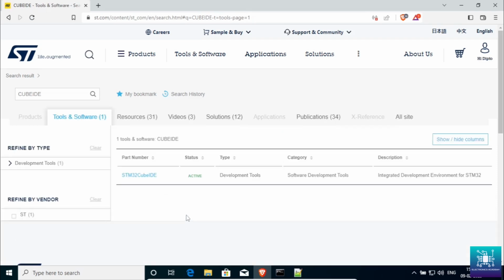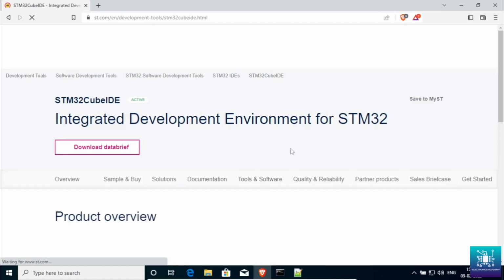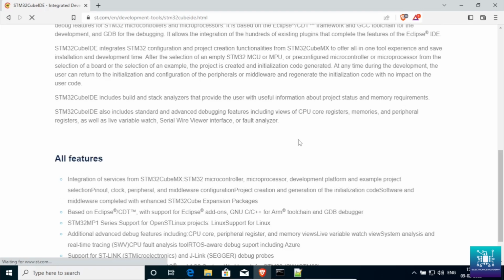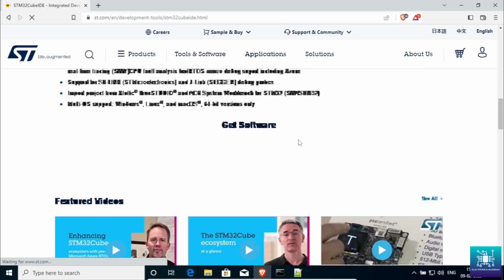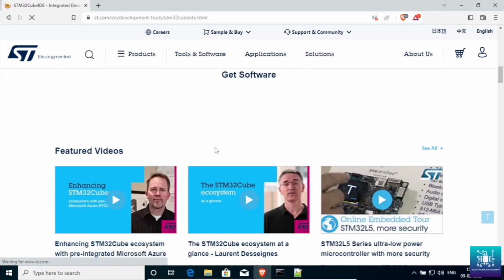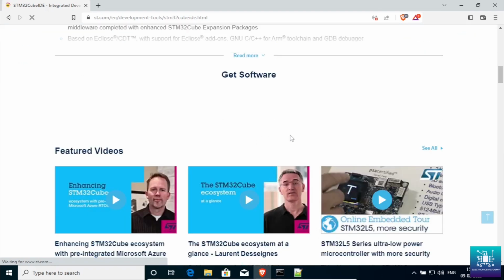So we have STM32 Cube IDE. This is what we need to install. Now you will see there will be multiple installers for Linux, Macintosh, Windows, and so on. So Linux has 3 types of installers. So we are interested in the Windows installer. So come to the Get Software section. It takes a while to load. Once the Get Software section is loaded,